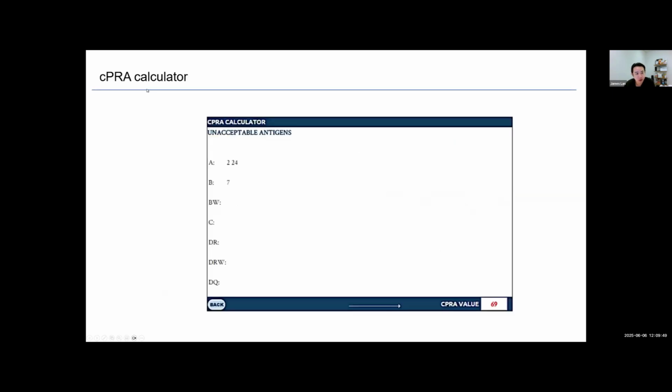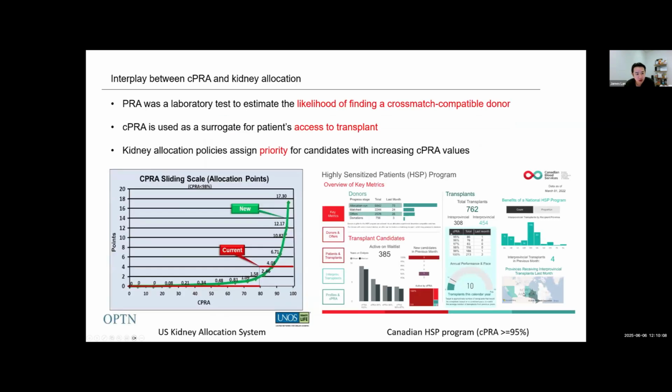And in fact, we've gone on to build a calculator in our field. When we test patients when they come in to be listed for transplant, this is one of the tests that we first do. This patient has 3 antibodies, and when you put it into a calculator, you find that 69% of the population they are not eligible for, they will be excluded from. And so this is an interplay of a laboratory test with clinical allocation in transplantation.